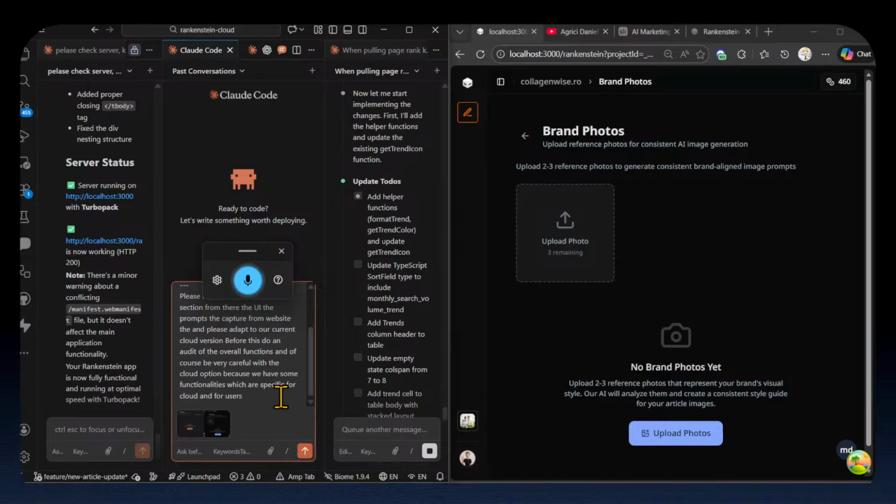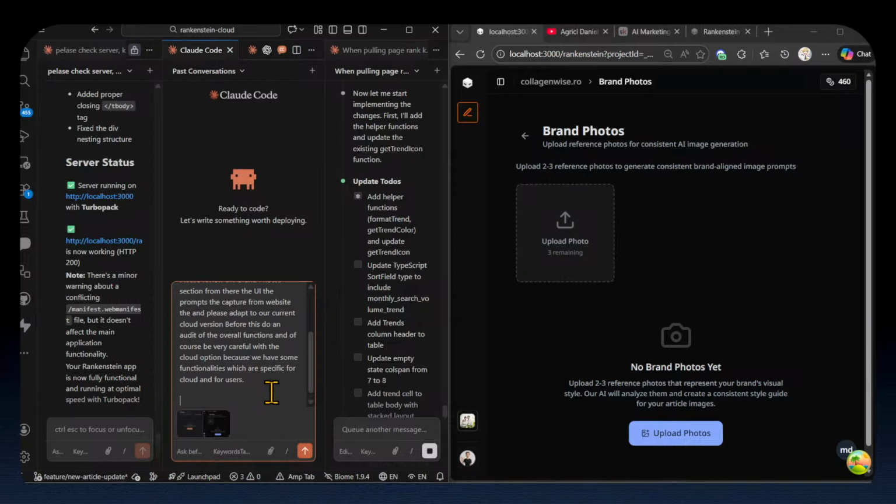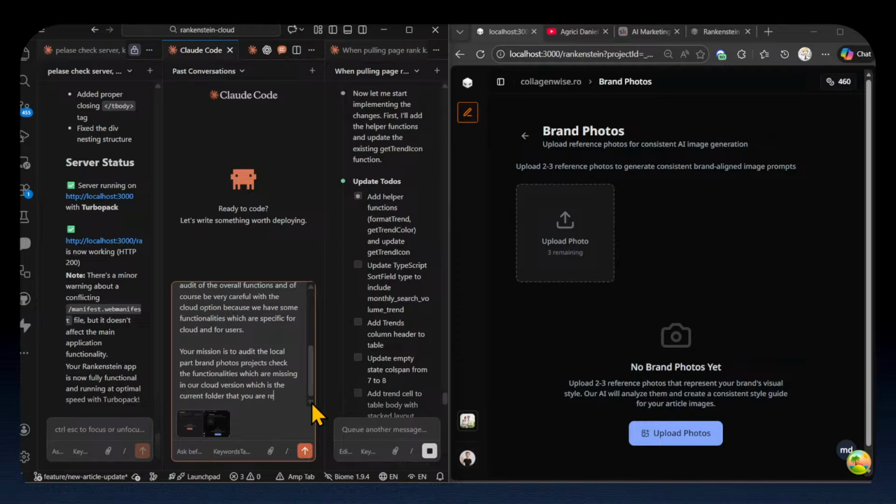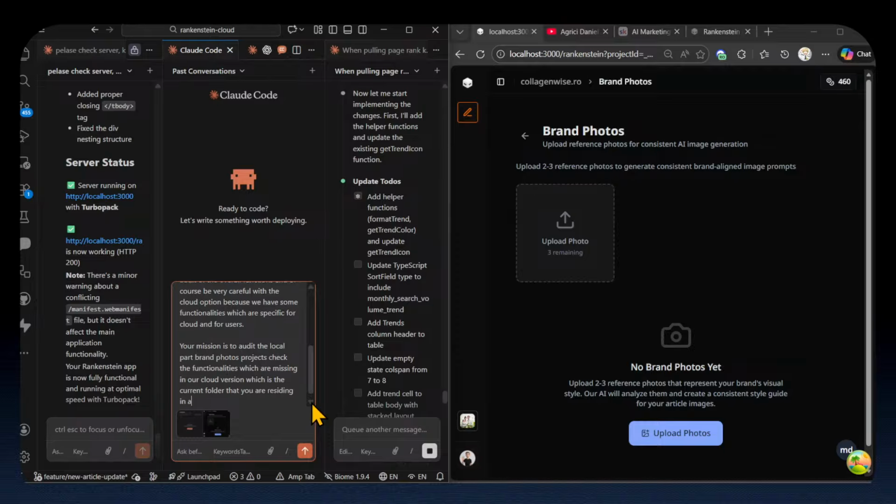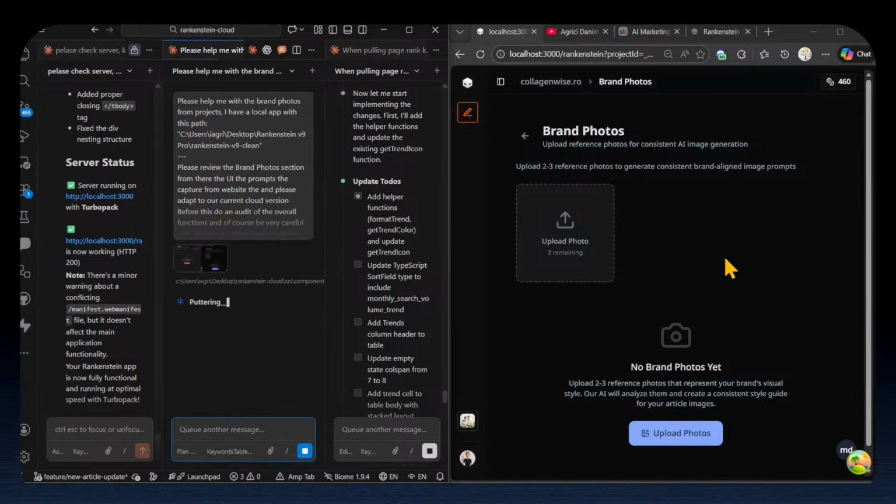Yep, this will work. And at the same time, your mission is to audit the local part, brand photos projects, and check the functionalities which are missing in our cloud version, which is the current folder that you are residing in, and we will update. Yeah, pressing on plan, because this is going to be a plan, because we're going to change from this brand photos